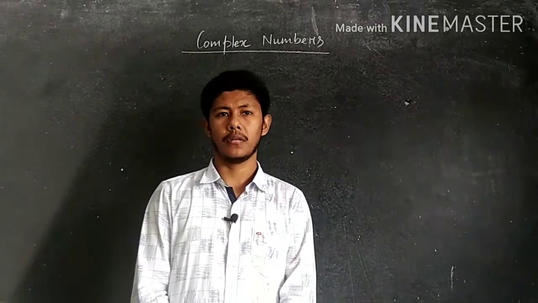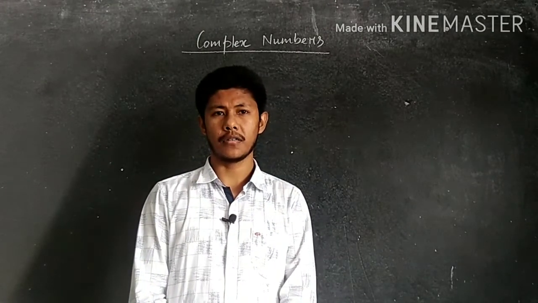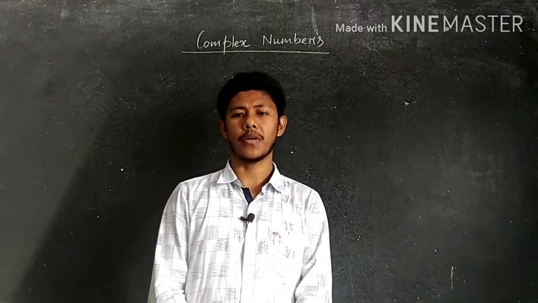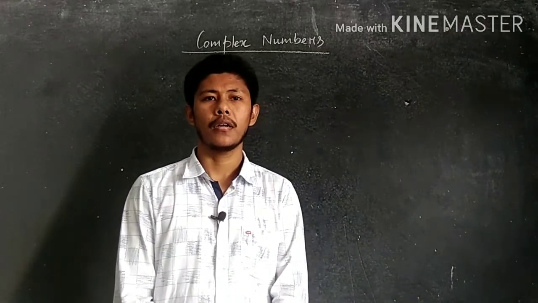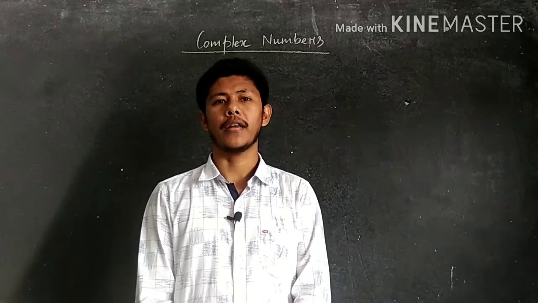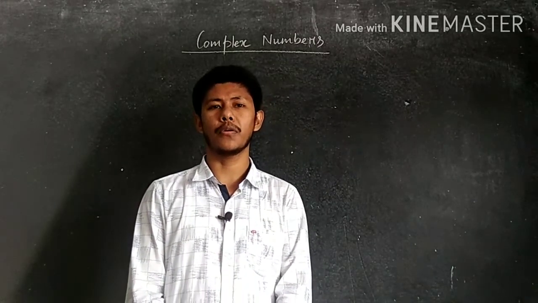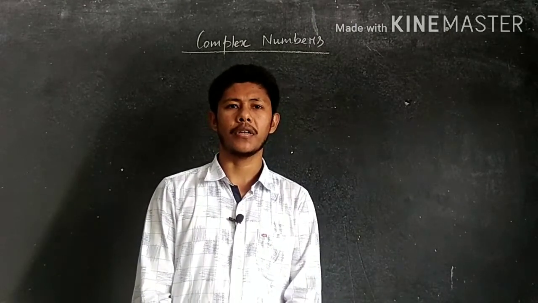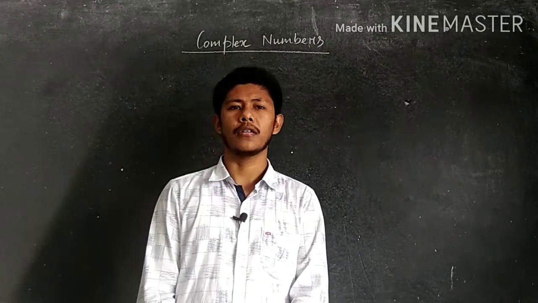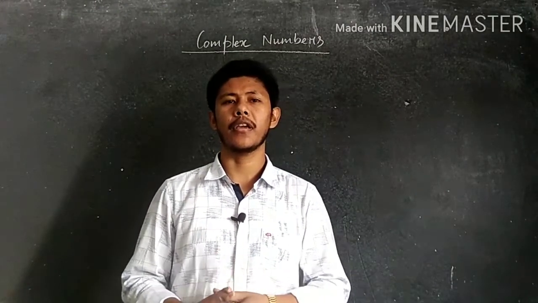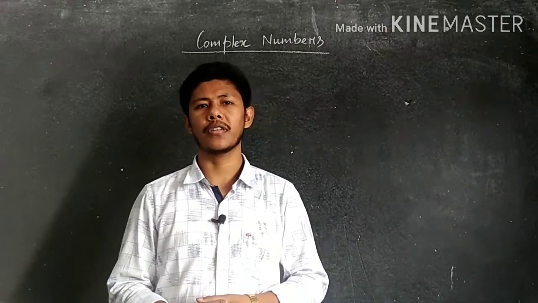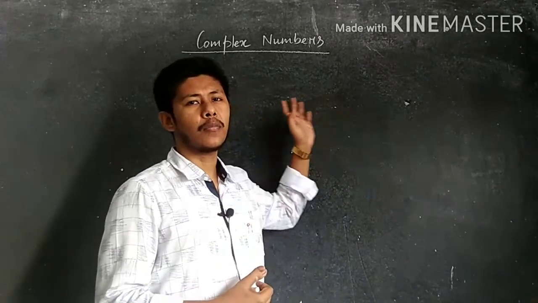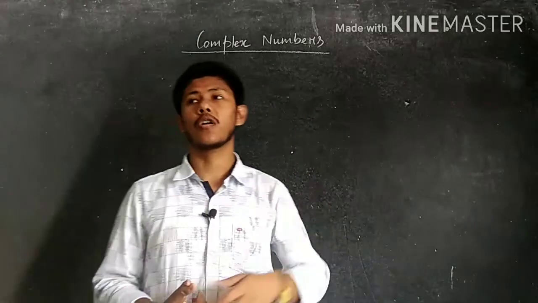Good morning, students. In our last class we studied quadratic equations and some complex numbers also. We discussed the roots, the discriminant, and the nature of the roots, where we get three types: real, imaginary, and equal. Now the next part is the imaginary part, which comes under the chapter known as complex numbers.